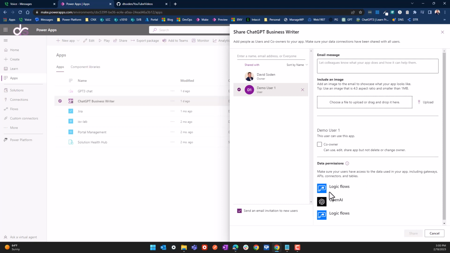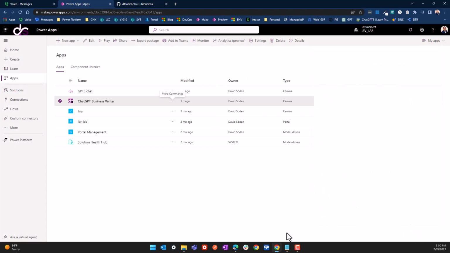And it's showing me I need access to these logic flows. And the logic flow itself is being called from inside of the app. So because of the way that's set up in a solution, and I'm using the connection references, that part is already handled. But what's not handled was that last part that you just saw me do. I needed to share out to the demo user this connection that I have that already has the API key established. And so with that being said, everything's well and good, and I should be able to come over here